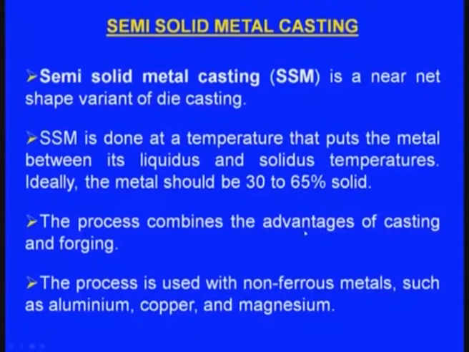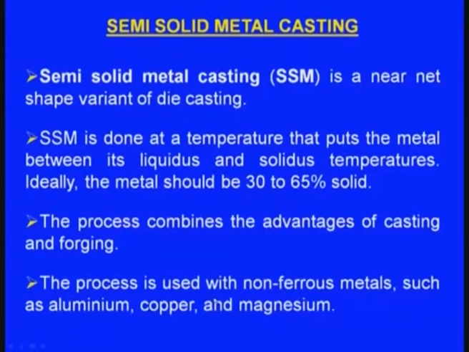Besides this, there will be other problems like shrinkage cavities and so on. Now, in the case of forging, applying pressure to cause deformation of the raw component is very difficult, because extensive pressure is required, but we get very good properties. Now, we are mixing these two. We are taking the advantage of casting and we are also taking the advantage of forging. So, the process combines the advantages of casting and forging.